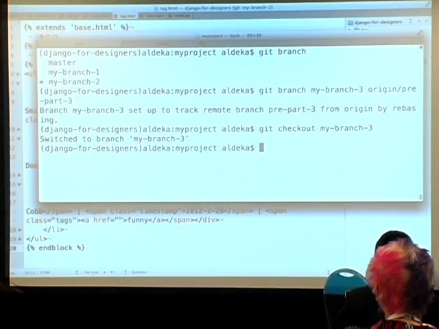And remember, if you run into an error on the checkout, it probably means that you've got something not committed in your current branch. You can just run git stash to stash away all your changes, and then it'll let you check out the new branch. Okay, so